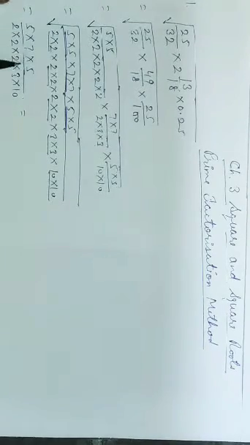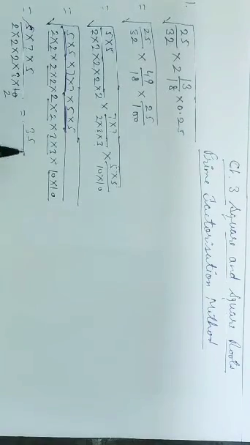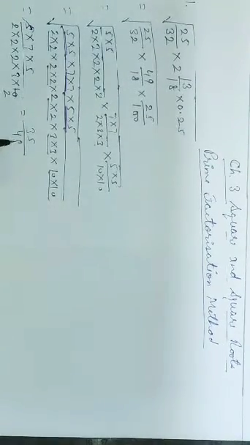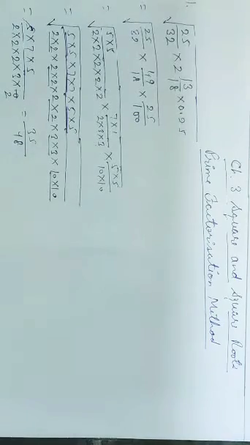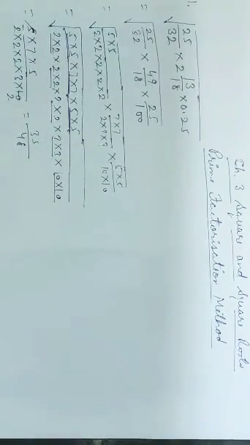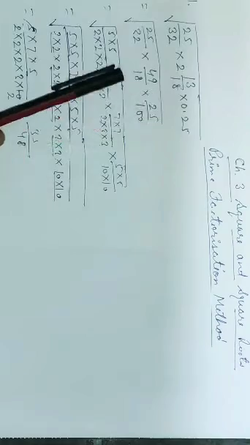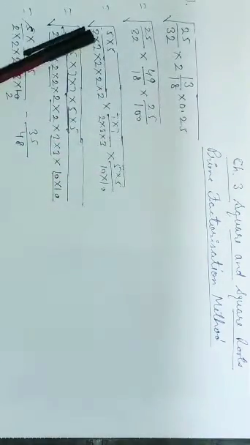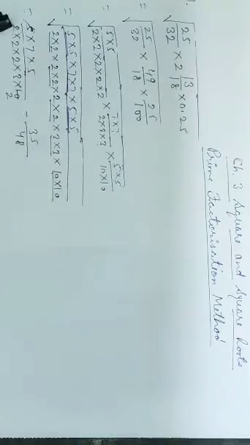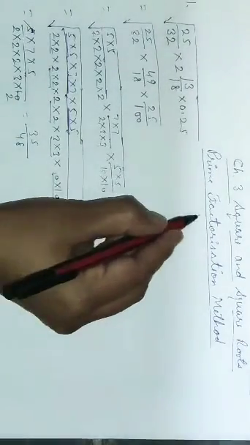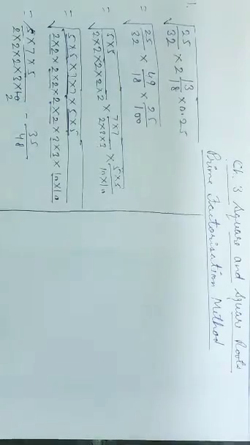Now find the product. Let us cancel first. 35 by 48 will be our answer. So this is how we will do this type of question where we have mixed types of numbers: fractions, mixed numbers, decimals. Make the mixed number into the form of a fraction. Remove the decimal. Find the prime factors, make the pairs, take one number from each pair and then solve. So this is how we do this type of question.